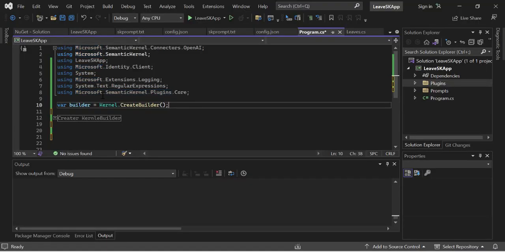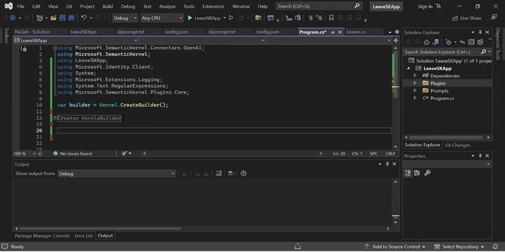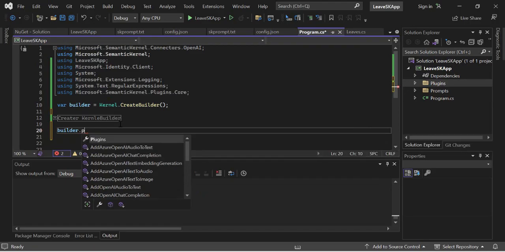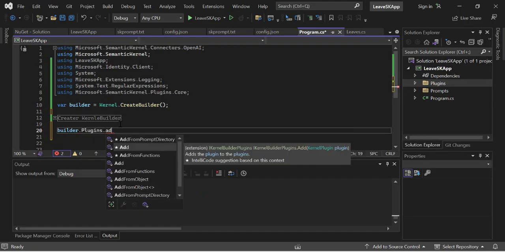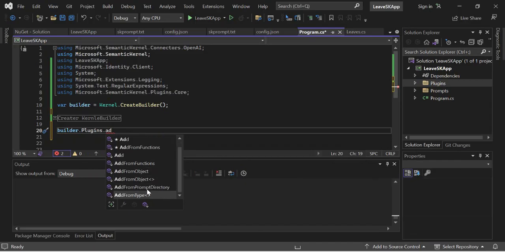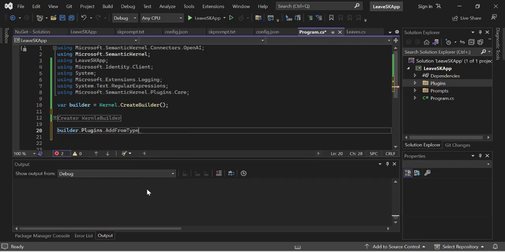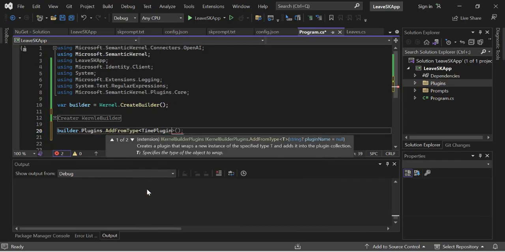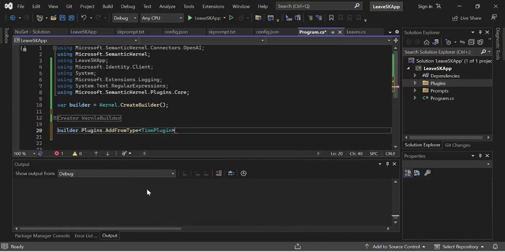So we have used this Microsoft Semantic Kernel Plugins, and while doing this on the builder, we can start adding these plugins. Add plugins dot add from, and we can add the plugins from object, from type, as well as from importing some files. So we'll be doing it from type, because we already have this time plugin, and we'll do this time plugin,